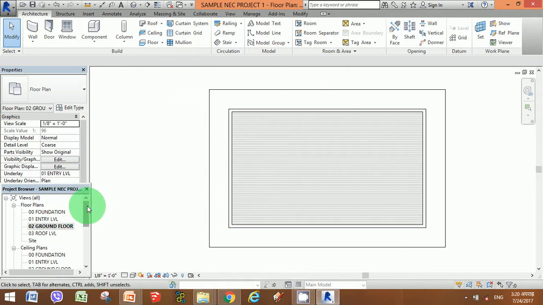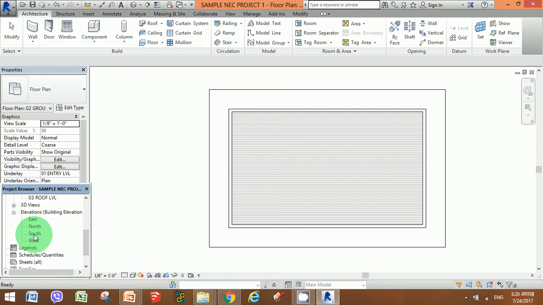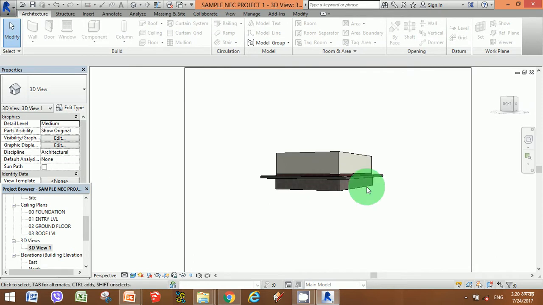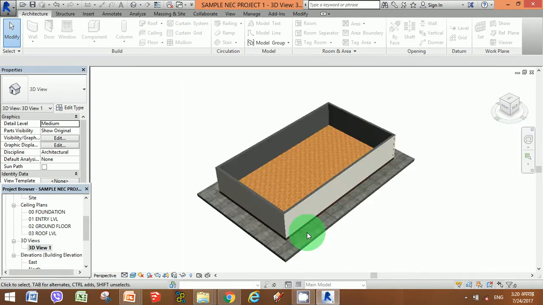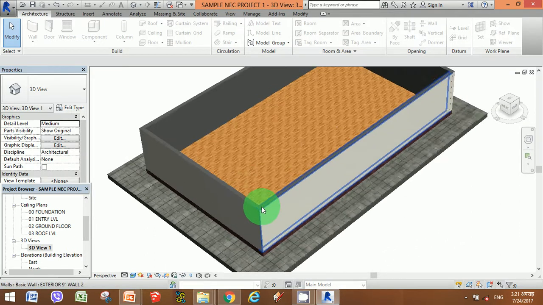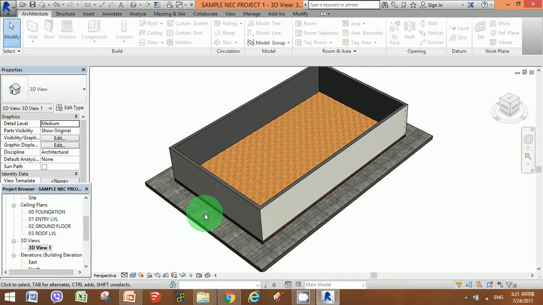Once you've saved this project, let's go back to the ground floor level, and we are going to design the interior of this building. As you could see in the elevation section in the south part, and there we have also the 3D view, to be exact. Here we can see that these two floors have different types of materials. So this is the existing original floor of the entry level. We are keeping this as the plinth, and this is the interior flooring.